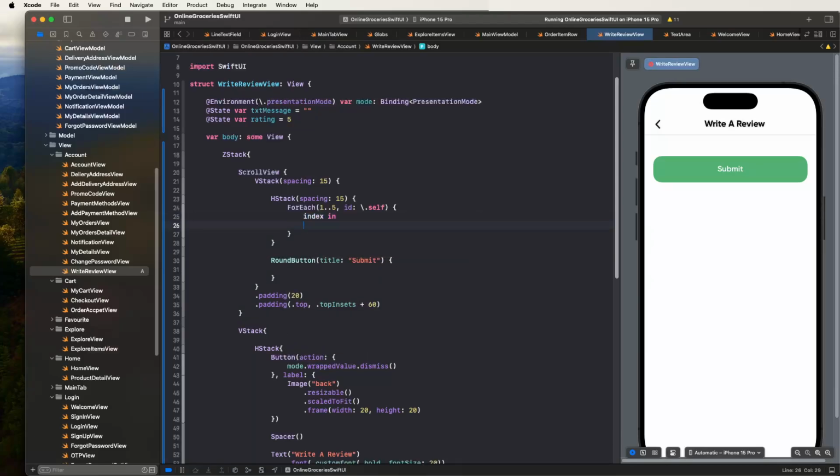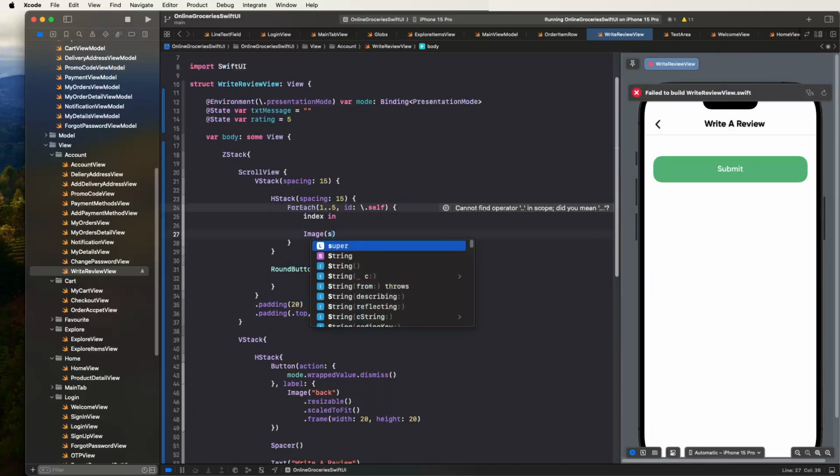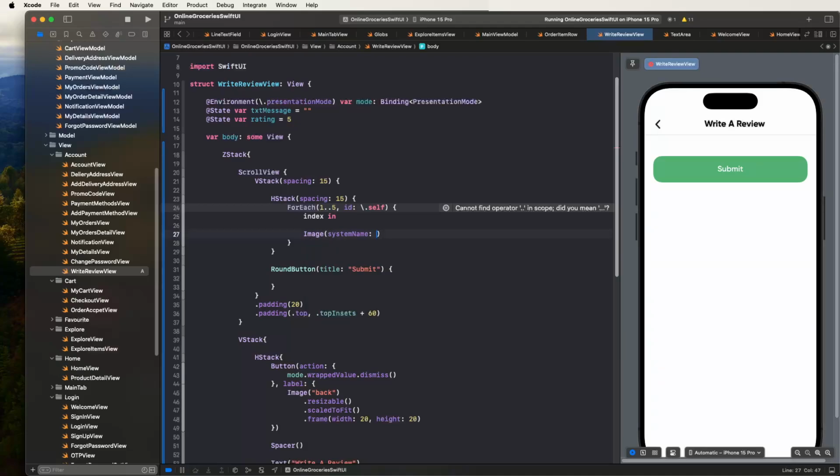Indexing like this we need to write. Then set the image of systemName, star.fill,